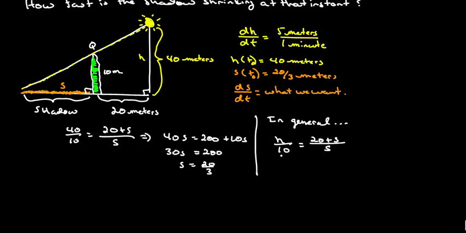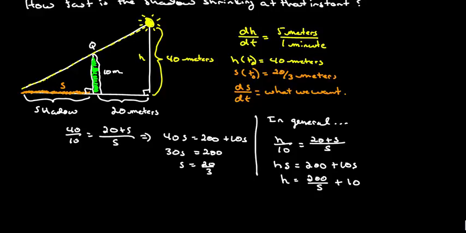And so if we solve this for h, we end up getting the following. This is going to be h times s is equal to 200 plus 10s. And if we divide everything by s, assuming that s is not 0, the shadow length is not 0. If the shadow length was 0, this guy would have to be infinitely high, right? So that's not really a possibility. So we're going to say h is equal to 200 over s